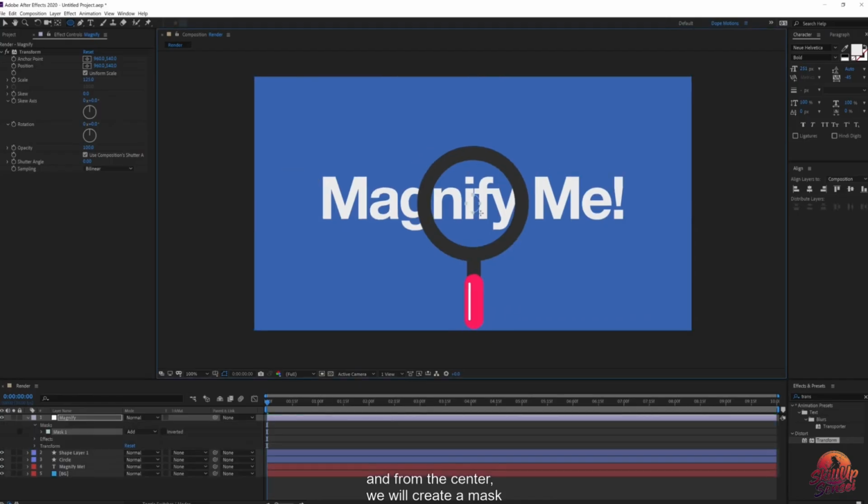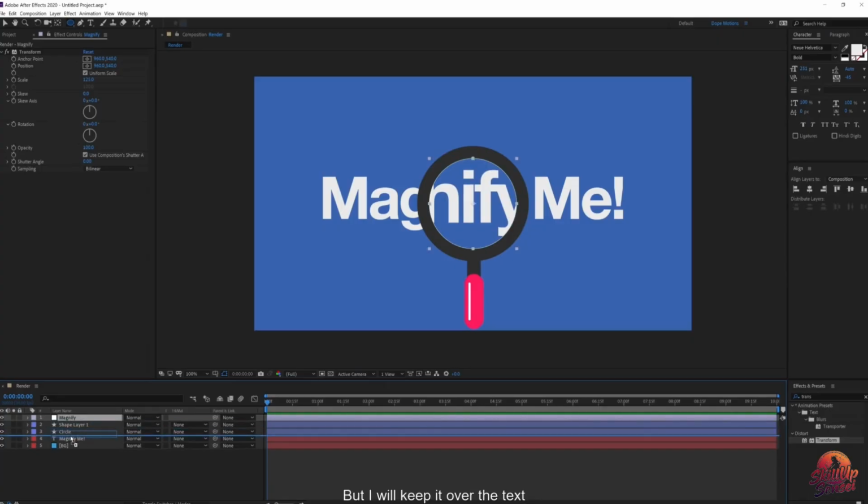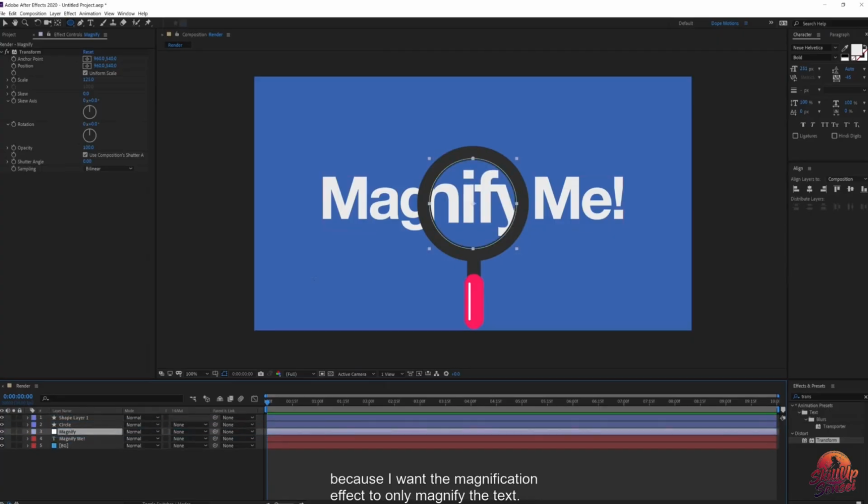And then I'll move this layer down, but keep it above the text layer, because I want this magnification effect to magnify only the text. So if I increase the scale more to 150,